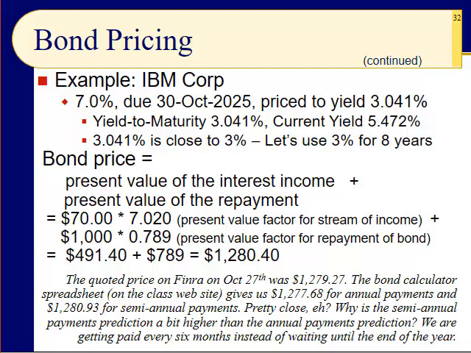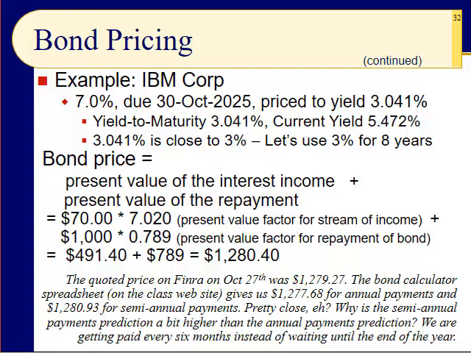Because if you multiply 7 times 8, you get $560. But we're not getting it today. If it were 0% interest, right, it'd be worth, whatever, $560. But we want to discount it. We want to get 3%. So you take the $70 that we're going to get for 8 years every year, and we multiply it times this present value factor, and it brings it back to the present. What would we rather have? $70 a year for the next 8 years, or $491.40?